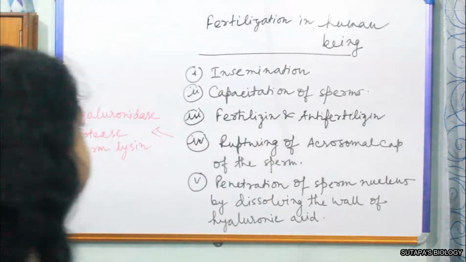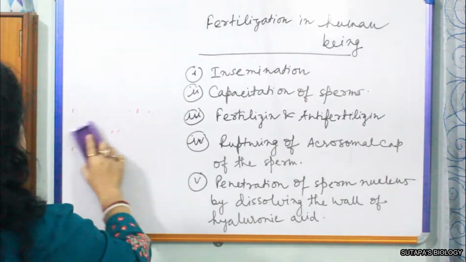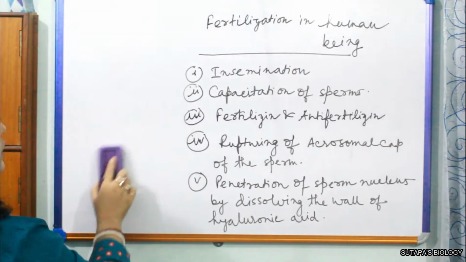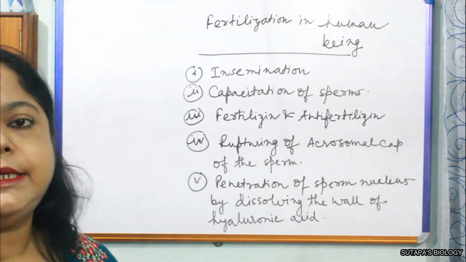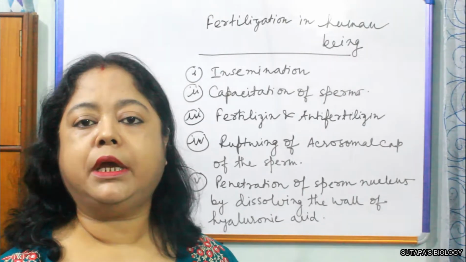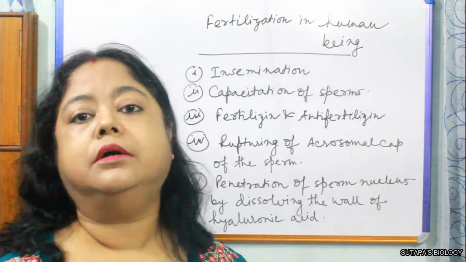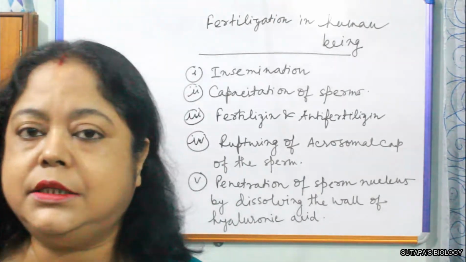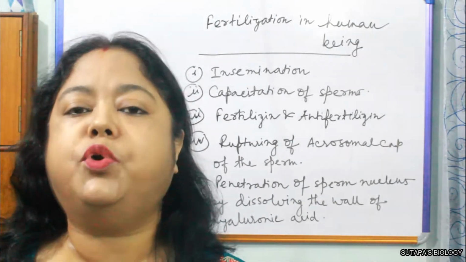Now, next is that after entering inside, the ooplasm is very dense. Why is it dense? As it has to give all the nutrition to the zygote and to the upcoming embryo. So naturally the ooplasm is very dense, and after entering inside the ooplasm, firstly the sperm nucleus, which is called the pronucleus,